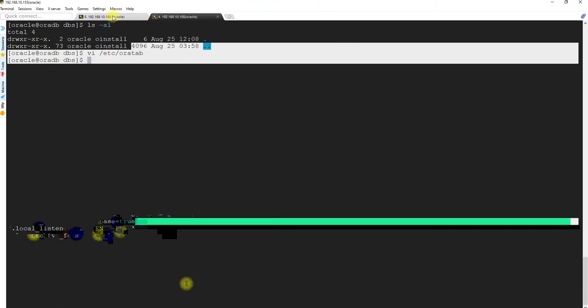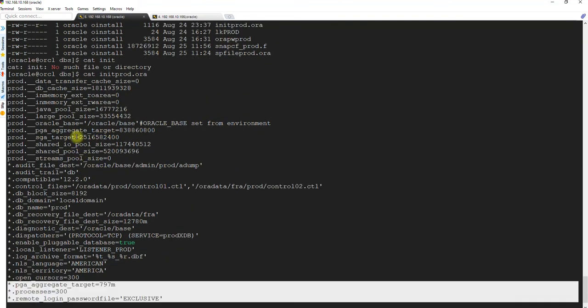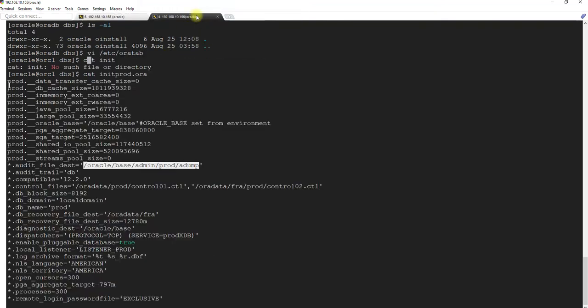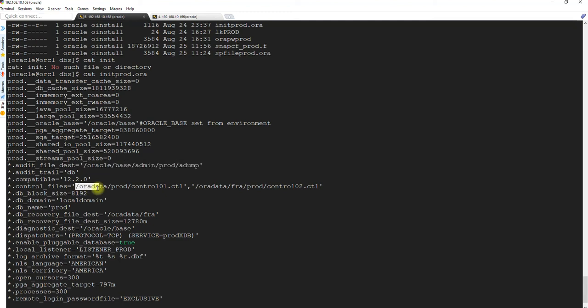You don't need this. You can say this, otherwise the default ones. Okay, so let's start creating the directory first. Everything needs to be the same. But the restoration, where you want to restore: when you want to restore your data files to a different location, so let's say if you want to restore your files not to prod but to pat, then we can mention two specific parameters. I will show you what we need to say.